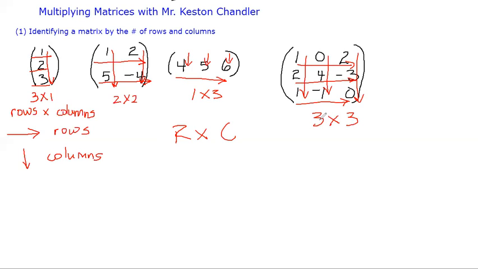So in all, we have this one here, which is a one by three matrix. This one here is a two by two matrix because there are two rows and two columns. This one is a one by three because there is one row and three columns, one, two, and three. This is a three by three matrix because I have three rows, one, two, three, and three columns, one, two, three. All right. So now that we have identified how we write these matrices,